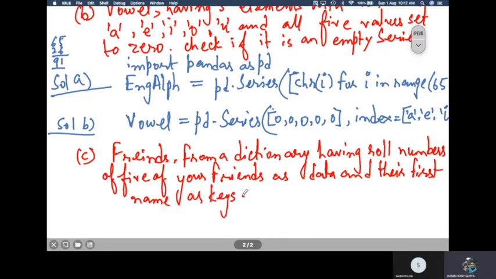So how to do that? It's quite easy. Let us write the solution here.